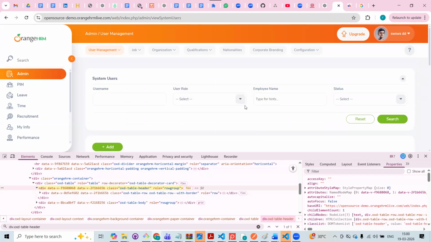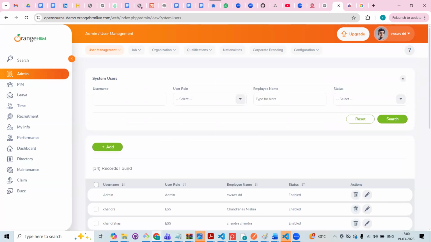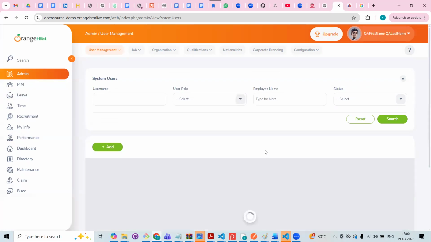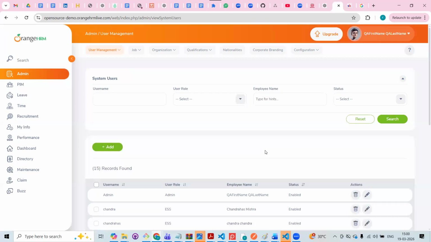Bindu, do you have any questions? No, I don't have, but directly we can choose the admin, right? With the locator. No, see here, you don't know, right? Right now it is admin here, but tomorrow it can be some other name. How do you know what will be there in the first row? So it is always better to search for something and then identify whether whatever you have searched is present in the table. So it is always reliable. Okay. Got it?